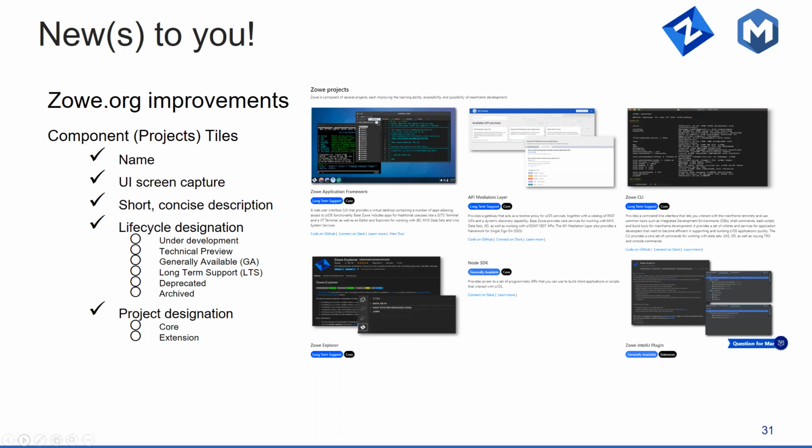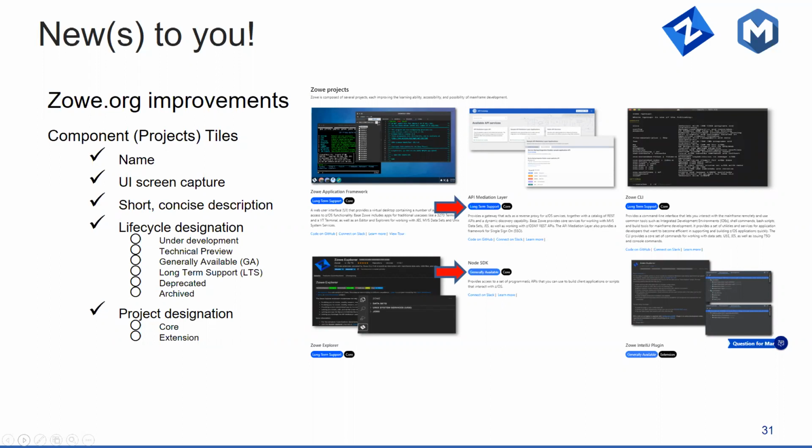We've added a project tile for all of the projects that are currently active, currently being worked on by someone within the community. So in addition to the name, a quick screen capture of what the UI might look like,